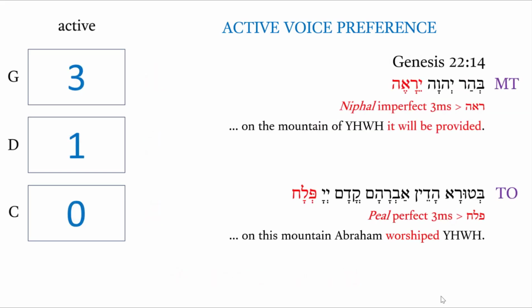And we're almost there. Only 4 more examples. "On the mountain of Adonai, it will be provided" is a traditional rendering of the seeing verb idea. So I'm not committed to "provided" or whatever. But interestingly, Onkelos says, "on this mountain, Abraham worshipped Adonai." Interesting. What's going on here? There are just a very, very few times, just kind of like when Onkelos didn't feel obligated to translate, that he altered the meaning from whatever's in the verb of seeing. It's not necessarily this serving, this worshiping idea with pelam and chet. Very few, but when he did alter the meaning for nifal, he went with active voice, interestingly.